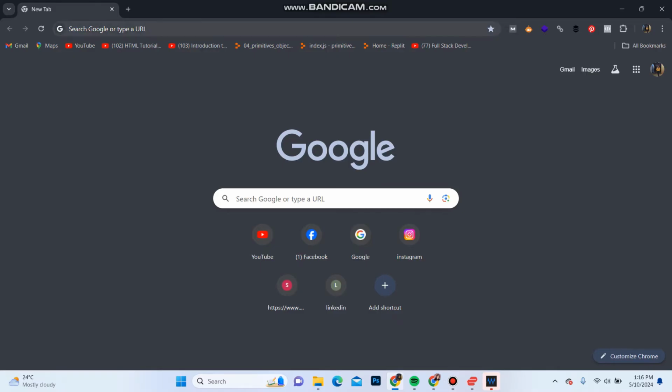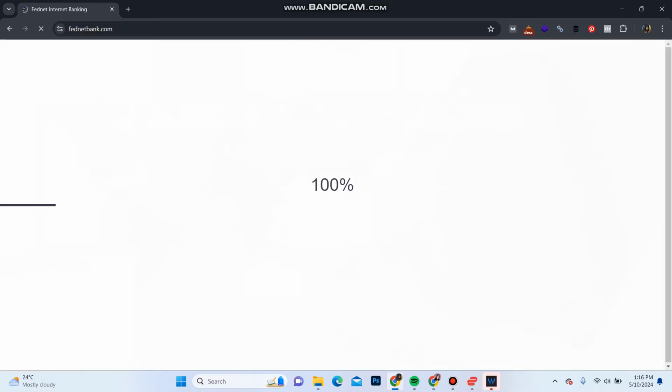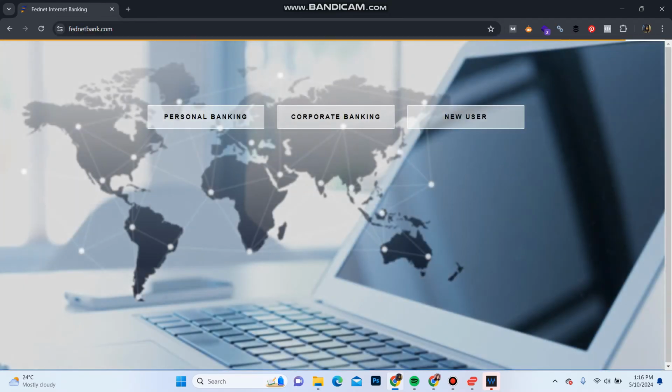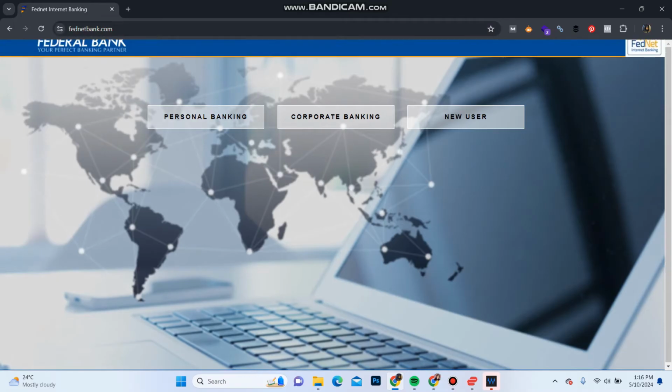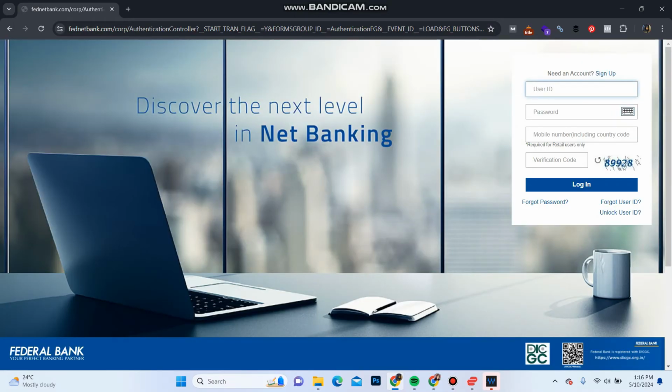First of all, open your web browser and in the search bar, type in fednetbank.com. It will take you to the official website of Federal Bank, and over here choose your account type and click on continue to log in. It will take you to the login portal